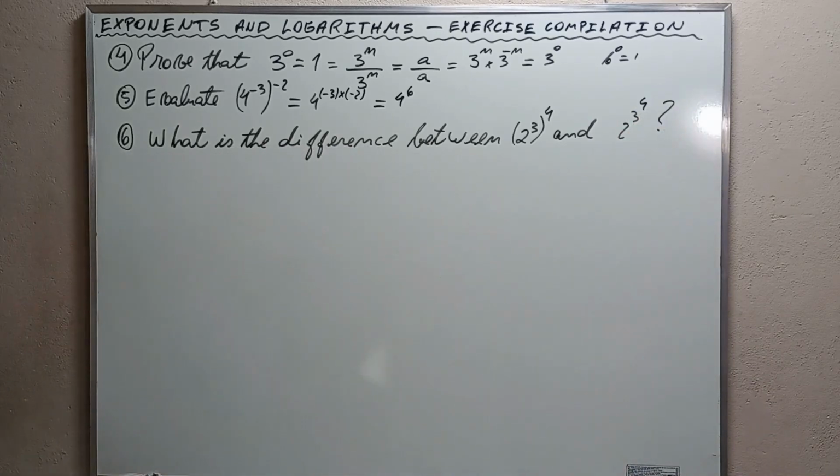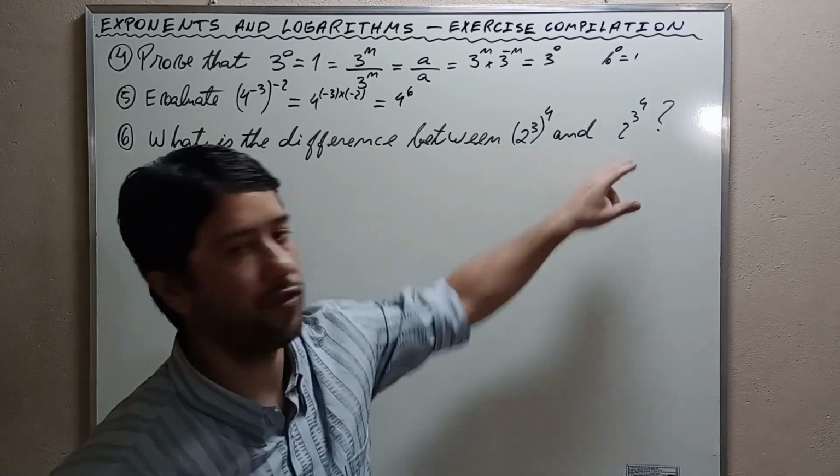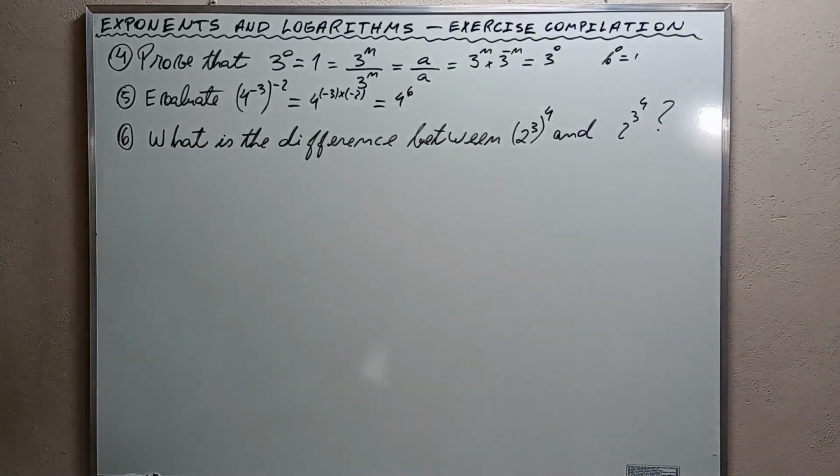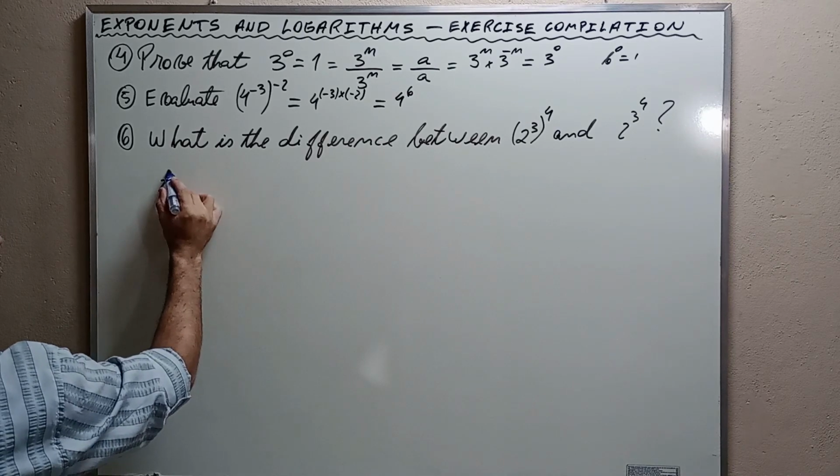That's the question. Do you have any idea about the difference between this and this? Let's try to understand. Firstly, 2 cubed to the 4th,